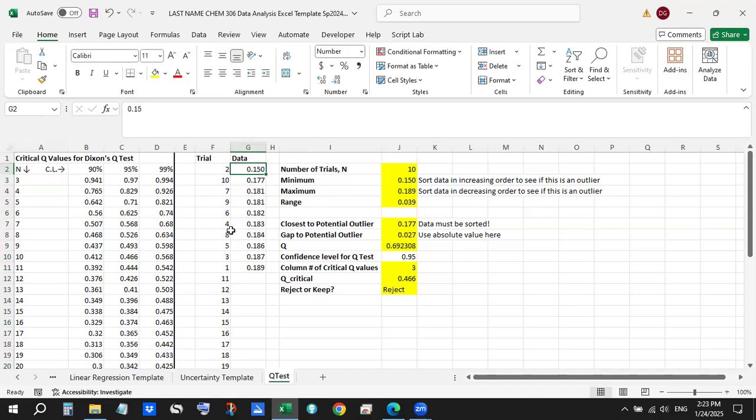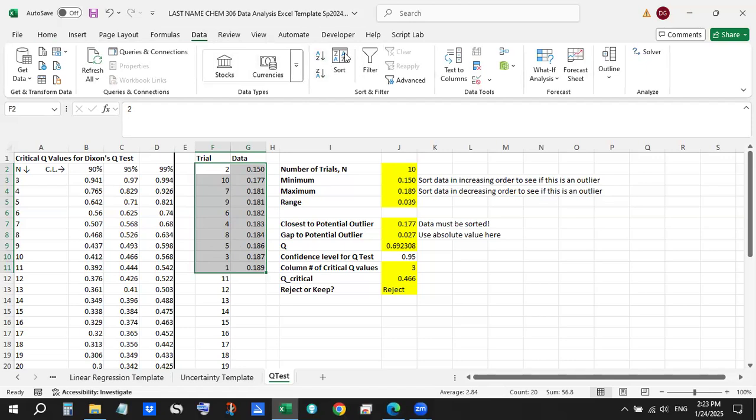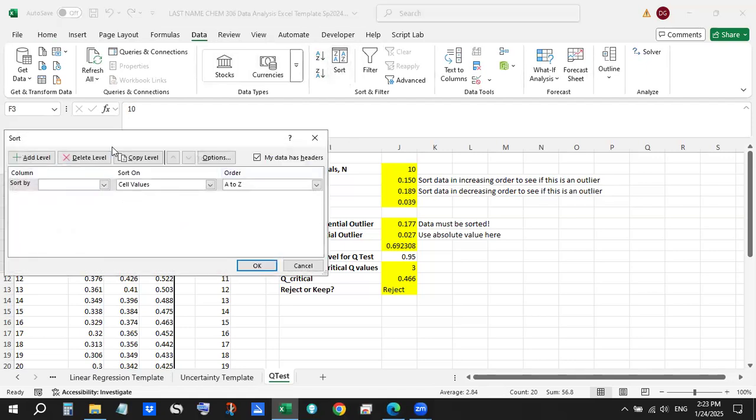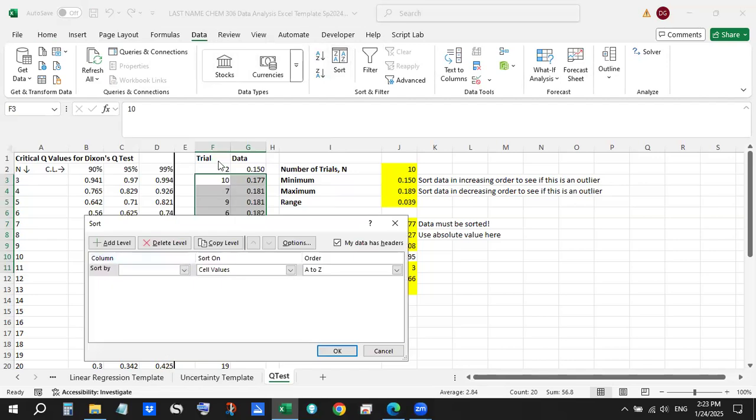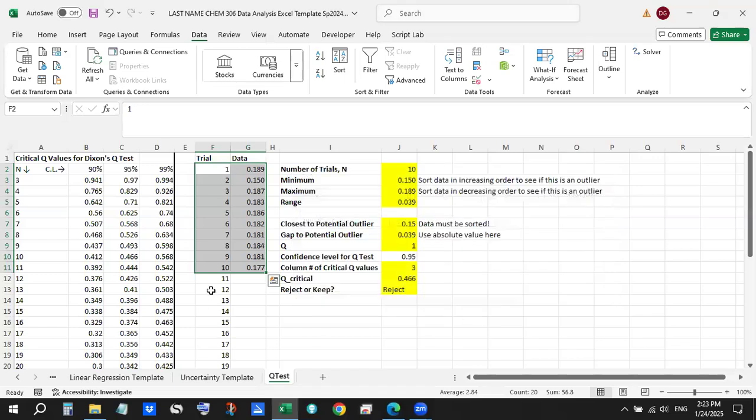using the Q-test. And the way you would sort your data, let me just sort this back to the original way it was entered. You highlight these. So that's 10 trials. So you go data, sort, and then you sort by, in this case, column F if you want. You don't have any headers. So you want to sort by column F from smallest to largest. So that would make it columns trials 1 through 10. Click OK. You'll notice,